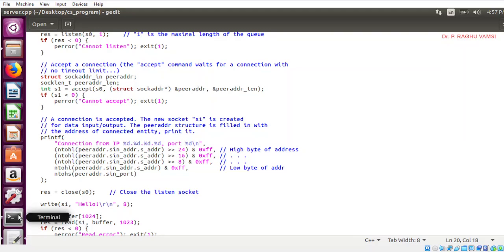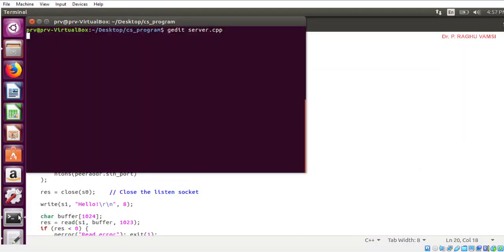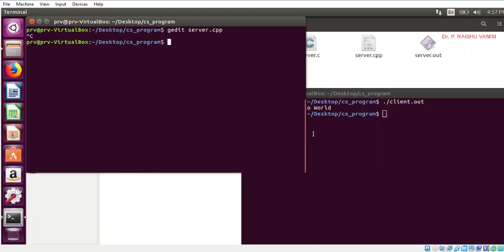Since it was written in C++, you are supposed to compile it as g++ server.cpp -o server_cpp.out, and start the server with ./server_cpp.out.